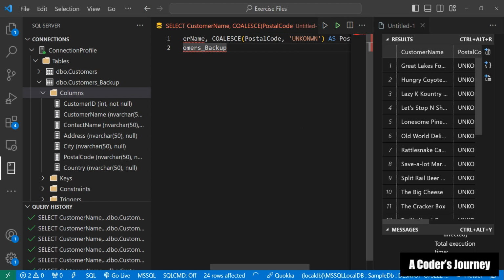So every single parameter that you pass into coalesce will be checked. If that parameter is null, the next one will be checked until coalesce reaches a non-null value. And in that case, that non-null value will be returned, right? So you can specify more than one value. So if I specify null here, for example,